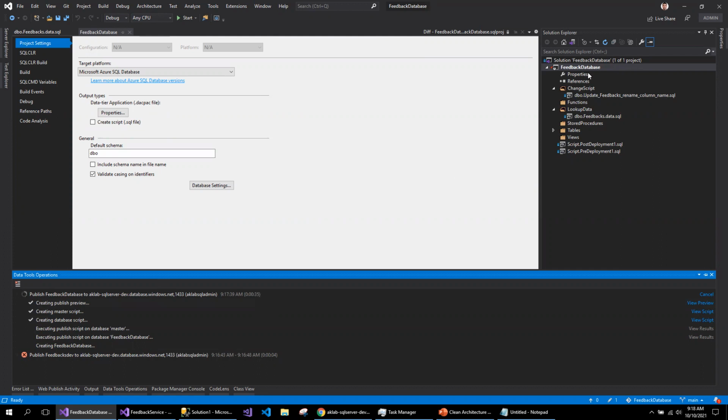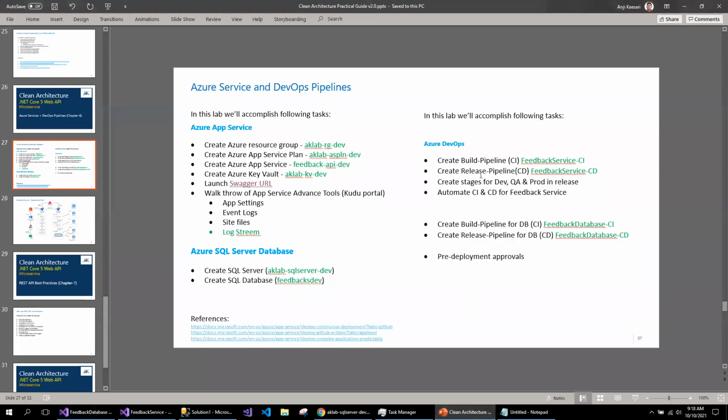In my previous session, I explained how to publish this to the local SQL Server instance, now using the local Visual Studio. This time, I'm explaining how to publish the SQL database project to Azure. As the next step, I'm going to automate this using Azure DevOps. So I will be creating the DevOps pipeline for the SQL Server database.